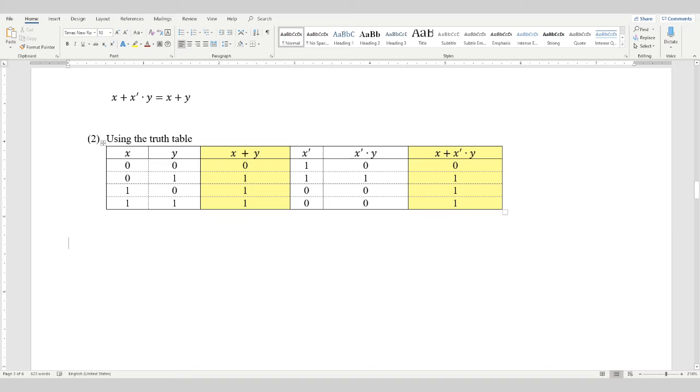So then finally, here's our full truth table. And it was laid out for us what we're actually finding here. But again, the reason we're doing all of this is we want x plus y and we want x plus x complement times y, because those are the two sides of our equation that we're trying to verify. And so in order to verify that equation, we're basically trying to check if these two columns are equal, and they are. In the truth table, they have the same values, so those must be equivalent